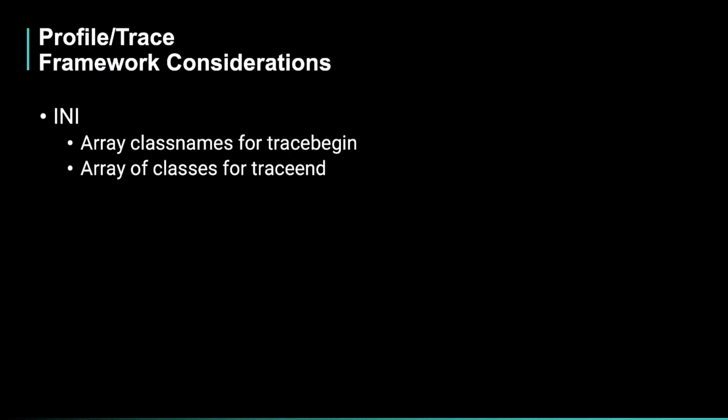This way, you can modify and edit your user's INI file as you become suspicious of certain classes that might be causing anomalous behavior, like an abnormal end where your application abends, and you've started to narrow down which classes may be involved. You'll have these two arrays, these two comma-separated values in your INI file for which classes you want to have a trace begin and end.